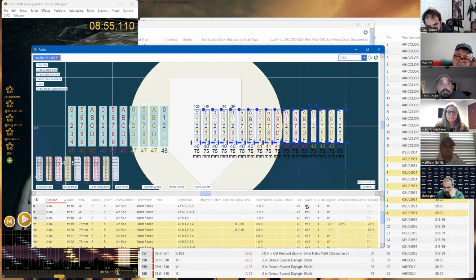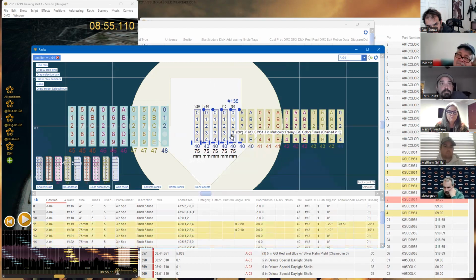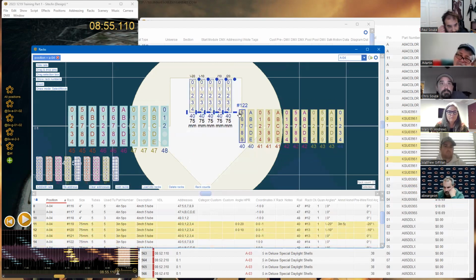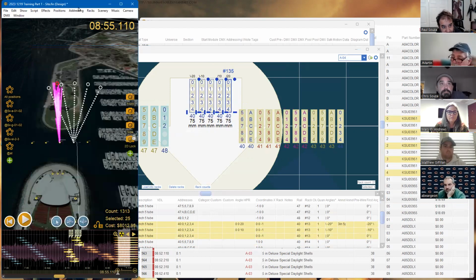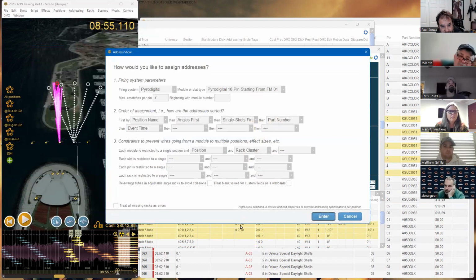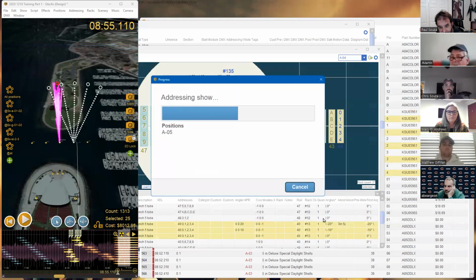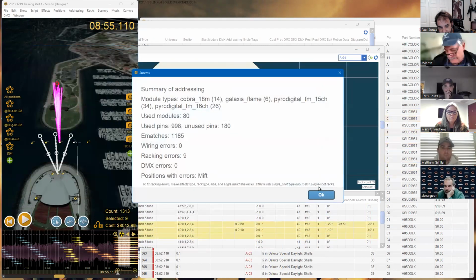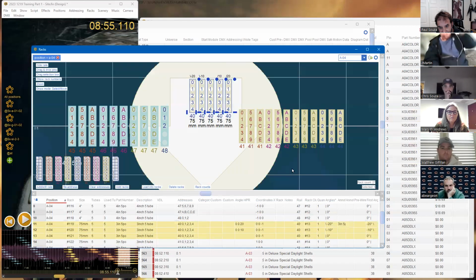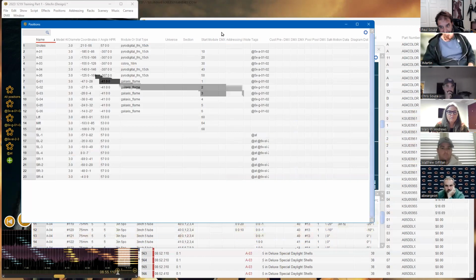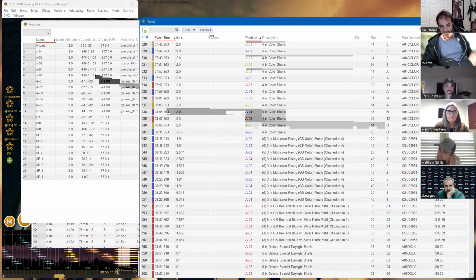Rearrange racks based on addresses. Get the finale out. I'm gonna add this again, so you can see this is pretty iterative. Right, but now I'm happy with my aerial, so I'm gonna lock those and go figure out where these other